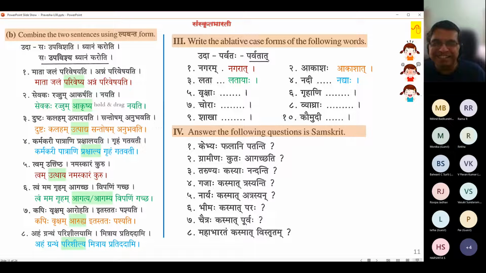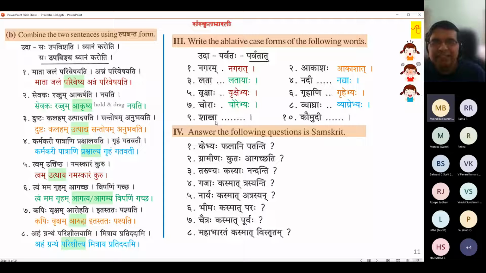Vrikshebhyah. Vrikshat is ekavachana. Okay, vrikshaha being bahuvachana, we have to go vrikshebhyah. Ramat, ramabhyam, ramebhyah. Vrikshat, vrikshabhyam, vrikshebhyah. Grihani, grihebhyah, just like Rama shabda, because after Tritiya onwards it is the same as before. So grihebhyah. Okay, very easy. Then choraha, chorebhyah, easy one. Vyagraha, vyagrat, vyagrebhyah, very easy.